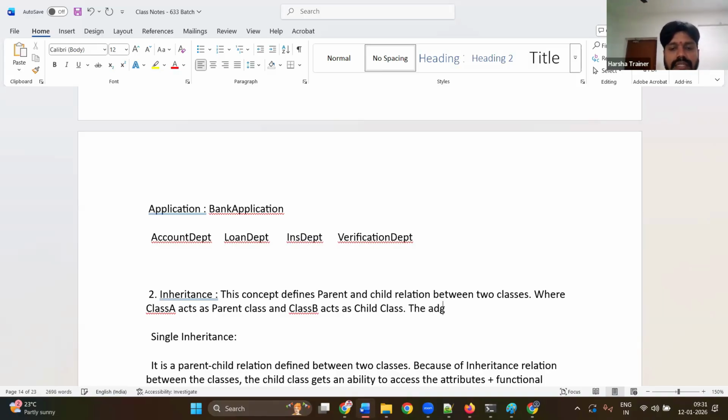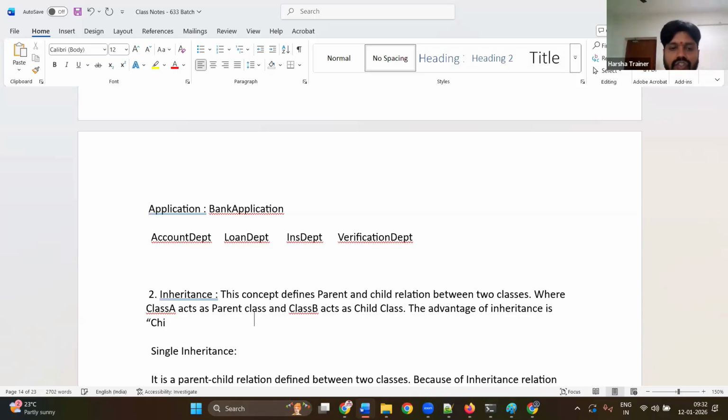The advantage of inheritance is that the child class can directly access any features, meaning attributes plus functional components, of the parent class, but not vice versa.